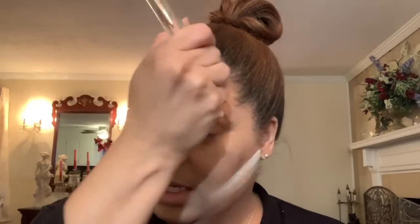Then I'll take my Marc Jacobs bronzer in Fantastic, the Omega bronzer. And this is what I like to go around and try to set everywhere that I put the bronzer. And I like this bronzer because it's not intense. I'm not going to look all dirty at the top. And I'll go through and take a bigger brush and just fluff all this out. I like the bronzer because I don't think it muddies you. It keeps you nice and bronze and just not muddy, if that makes sense. So yeah,